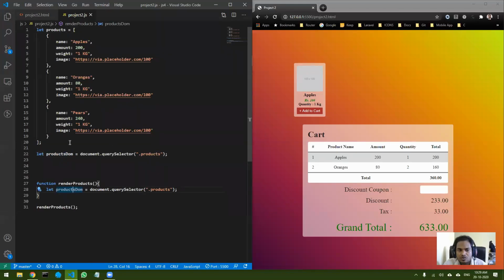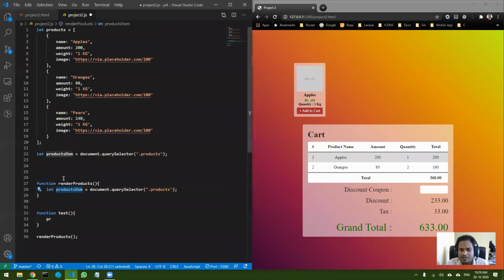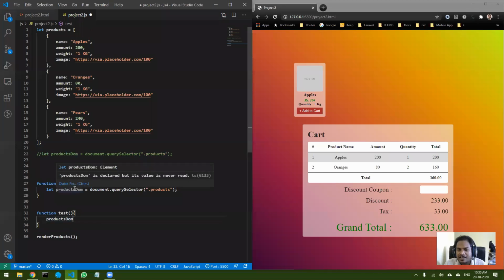If you create another function, let's say test, you cannot access this particular variable. You cannot access a variable which is defined in any other block. That is not allowed.